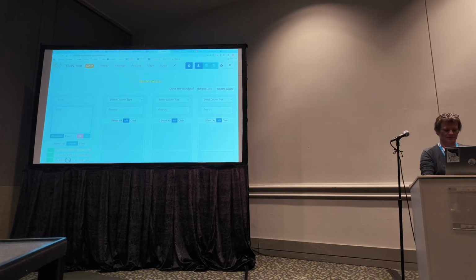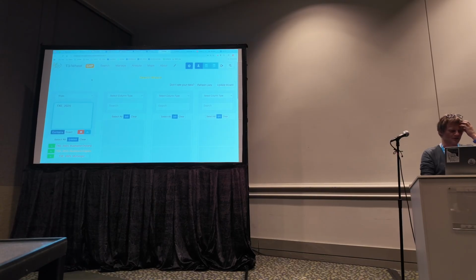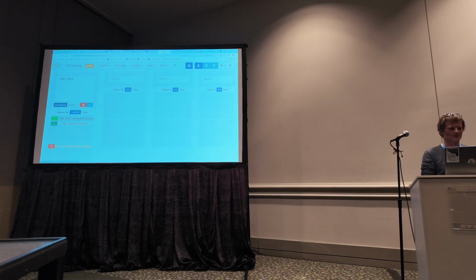What we were trying to do earlier was find this Texas Elite set from this year, and that Texas Elite set has this text in the name. So we can select that trial. These are all of the trials that have TXE 2025 in the name.